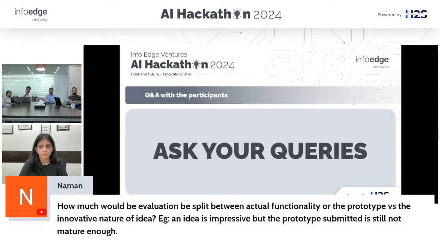And just adding on a bit here, we also do understand the limitations given the time, etc. So what we also want to see is that founders understand the current capabilities as well as the limitations of today's AI, right? So the path from prototype to developing a foolproof product solving that specific problem statement, is it in accordance with today's capabilities of AI, or is it dependent on AI getting smarter or compute costs getting cheaper, or maybe it will be more ROI driven 3 to 4 years down the line? I think that's also one of the equations which we try to see between the prototype and the actual.